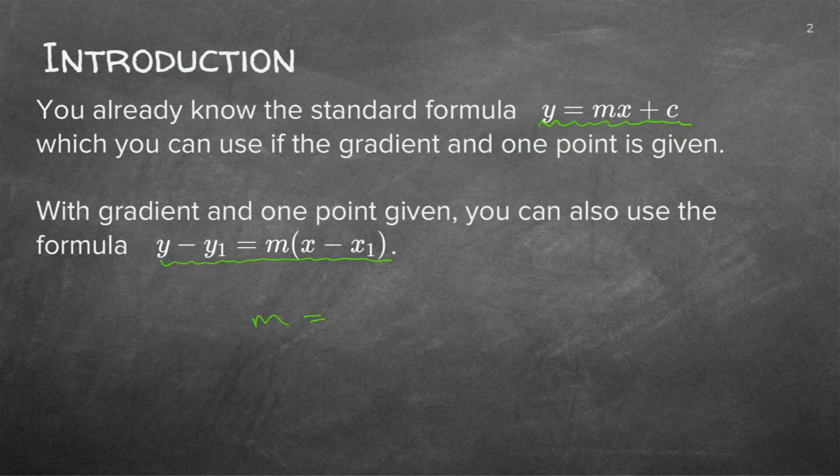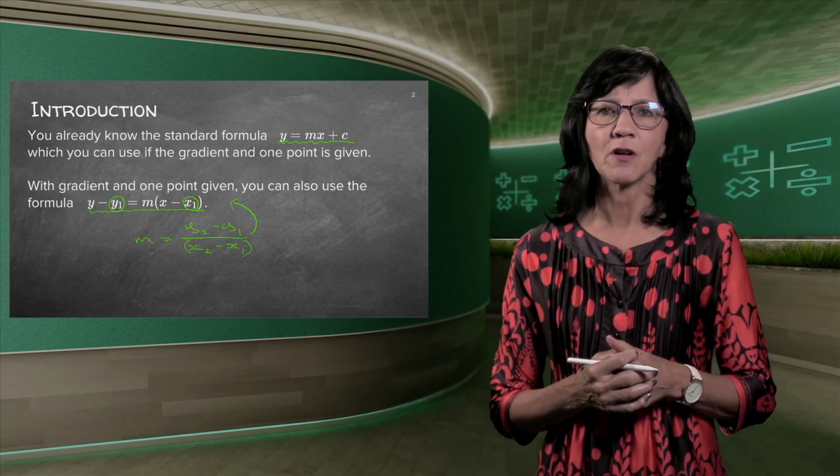You remember gradient is y2 minus y1 over x2 minus x1. Now if I take this whole bottom part and multiply it across, because I don't like fractions, can you see in the end it looks very much like this equation there? The only difference is y2 minus y1 and x2 minus x1. But because we're now going to give you the gradient and only 1 point, there's the 1 point, y1 and x1. So now we can just leave the ordinary y and the ordinary x instead of y2 and x2, and we can just replace 1 point, and you'll see we get to the answer straight away.